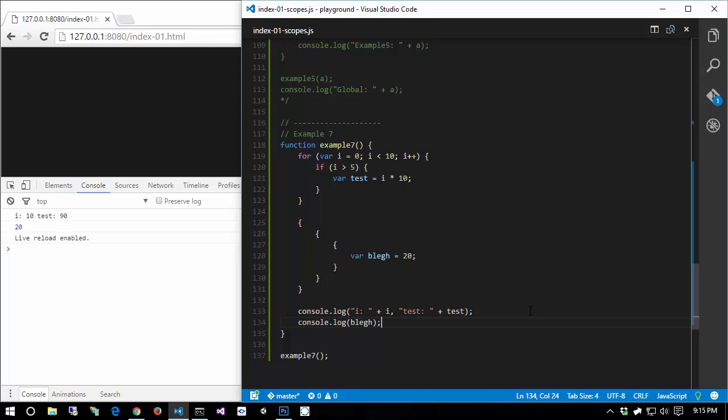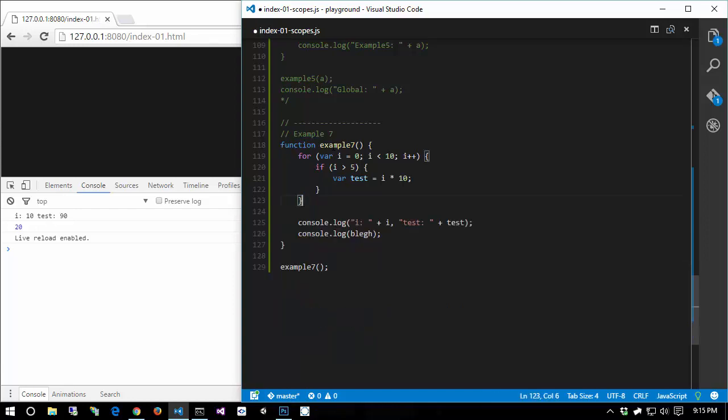Another reason why it does is because reusing variable names, even if you have a variable defined in a for loop or an if statement, reusing variable names in JavaScript is a very bad idea. It's very bad form because the var keyword doesn't attach this variable to the closest block. See, these are just arbitrary empty blocks. It attaches the variable to the closest function. So I can declare this var test equals i times 10, and that creates a variable that is attached to this function, not to this block,